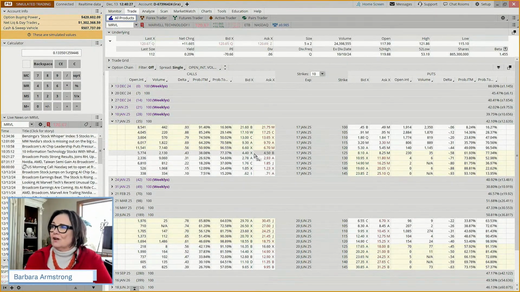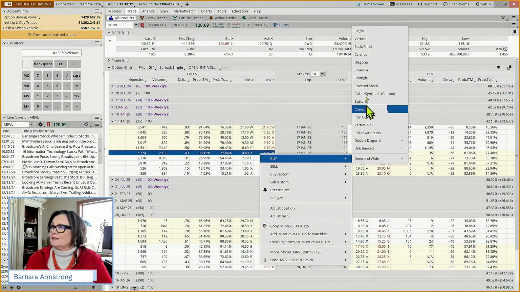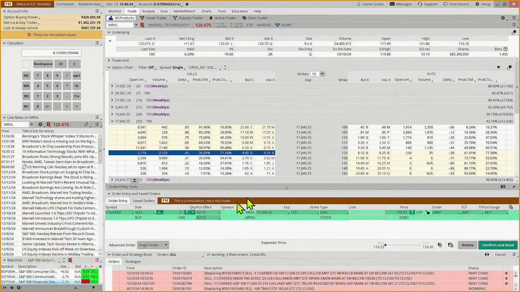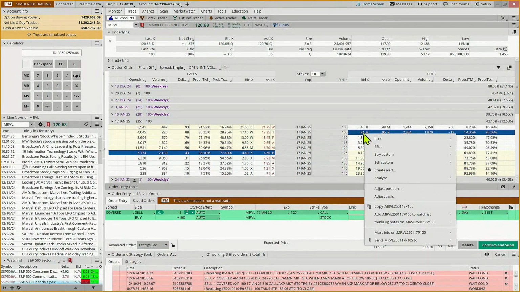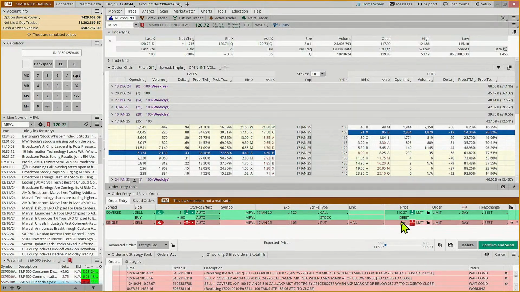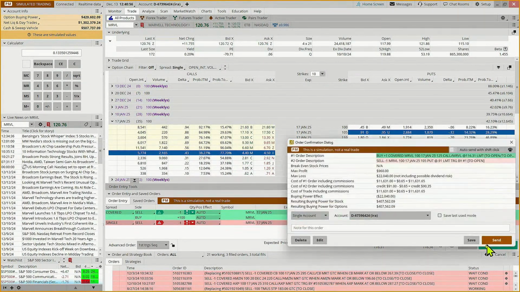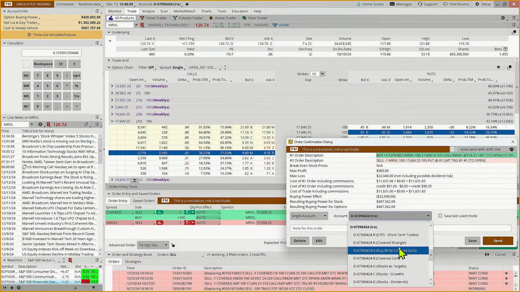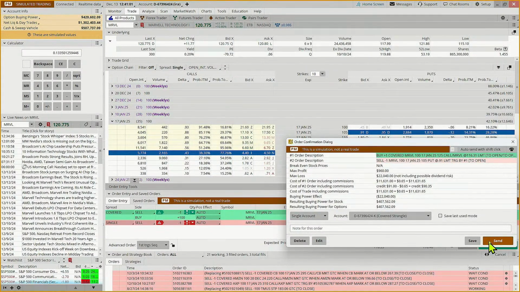So we're going to just go in and put this one in quickly. The 125, we're looking to buy covered stock, and then we're going to make this a single order for trigger sequence, and we're going to sell a single. And so the most we can make is that 115 to 125, about $10 a share. So that's just shy of 10%. And we're going to put this one in as well, our covered strangle bucket.